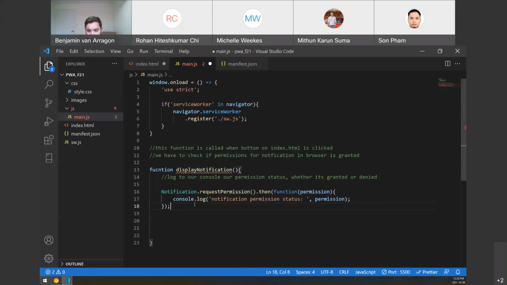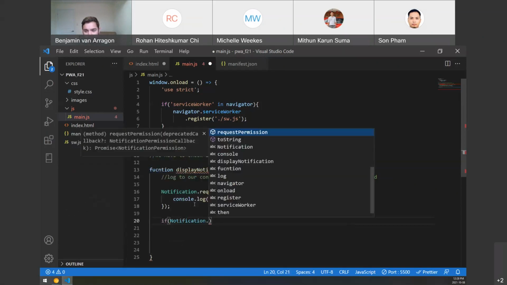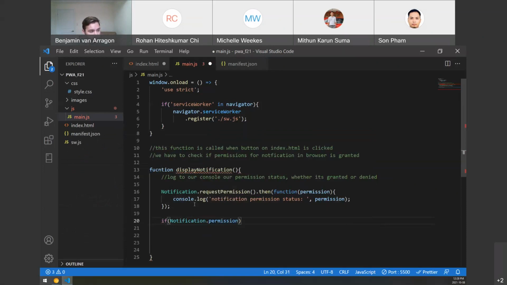We close that, and now we can actually do an if statement to check if it's granted. So if notification dot permission. Now in JavaScript we do 3 equal signs to check equality, right? Now we want to check if it's granted. Then